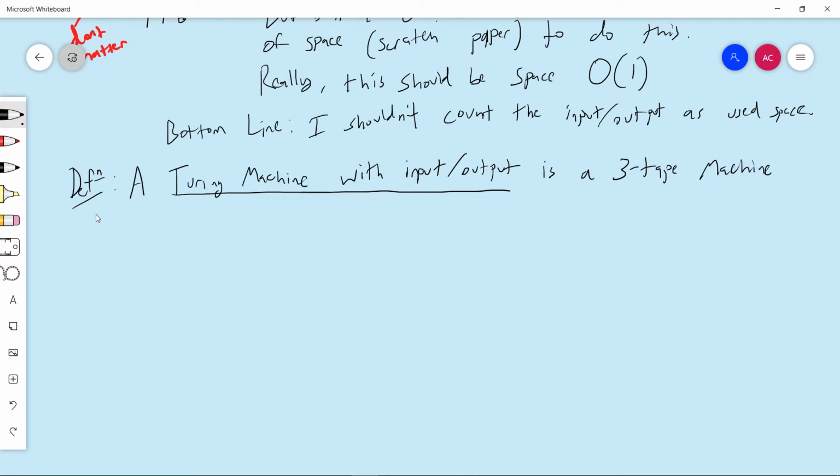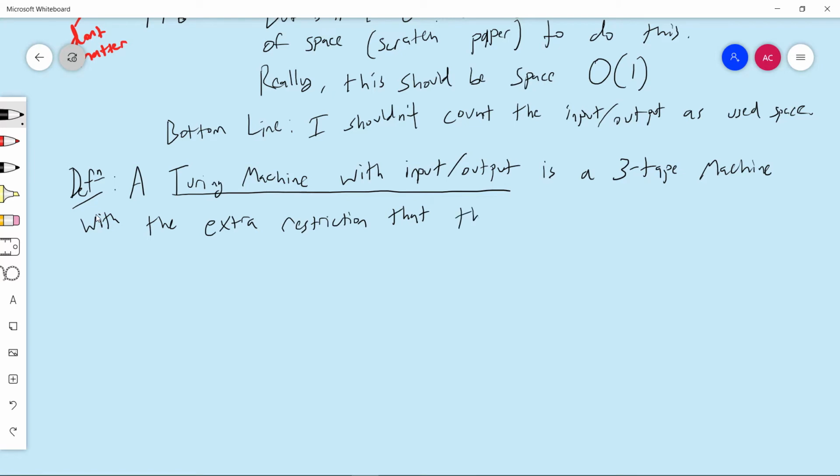So it's a 3-tape Turing machine. It's a multi-tape Turing machine with the following extra properties. Let me actually say it like this: with the extra restriction